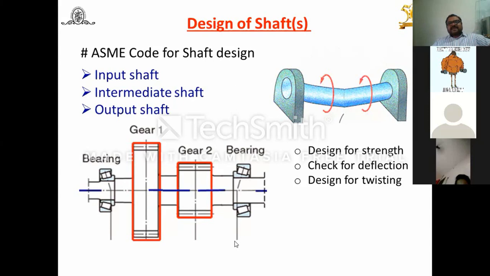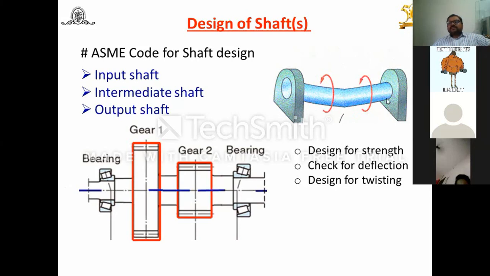But while deciding the length, care is taken that there should not be deflection of the shaft. Look at this diagram I have shown. Once you have decided the length of the shaft, it is required to find out the reaction and diameter of the shaft. But whether you have taken this corrected length or decided length, how are you going to check it? Here, you have to check for the deflection.